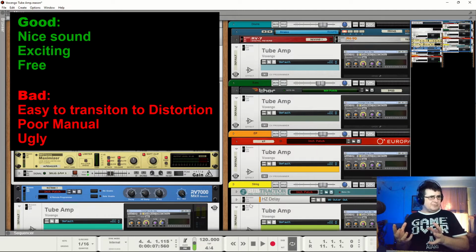So the manual doesn't help you to understand the device, and the kind of ugly nature of their interfaces, while simple and universal, as in they all look the same as each other, that makes a kind of a sense. Like Melder, it's very hard to get your head around where the magic is, where their manuals and their interface doesn't help you to feel an art in their device, which is a shame.